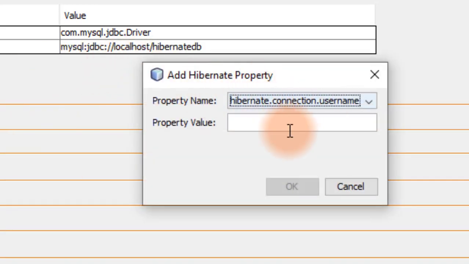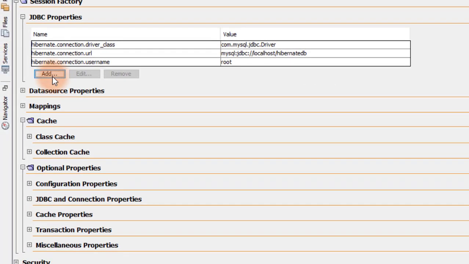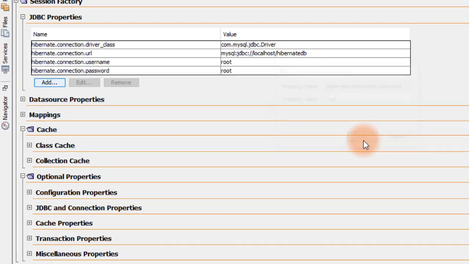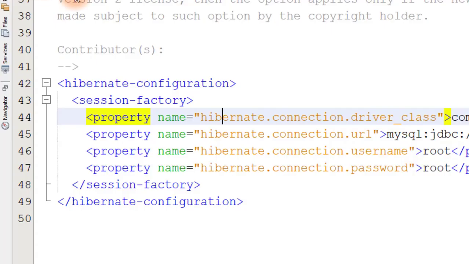Then again connection username root. Then again add connection password root. These are the things we have to add in the MySQL Hibernate main configuration file.